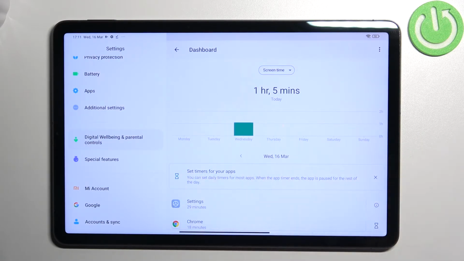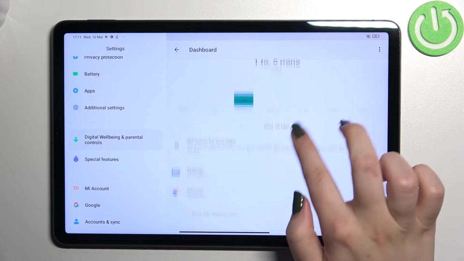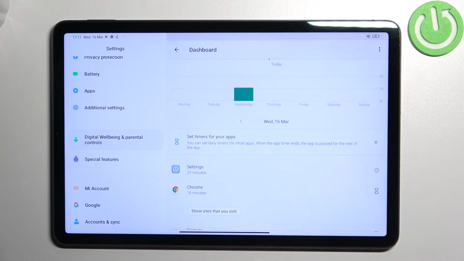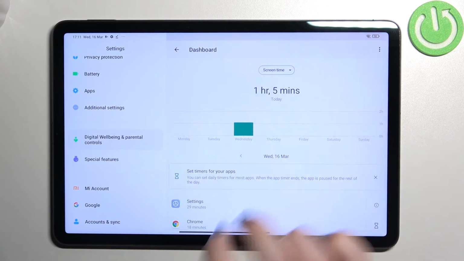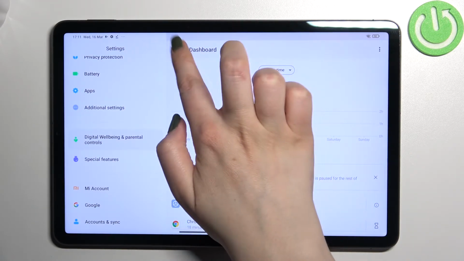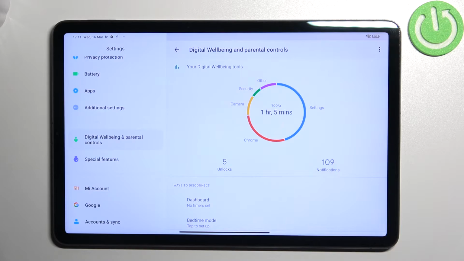And here we've got only the Wednesday, and under it we've got all of the apps which I've been using. So for example, you can check that I've been using the settings for almost 30 minutes. What's more, we can change the screen time to the notifications received and times opened. We can go back, of course, and the second way to check some details is to simply tap on the